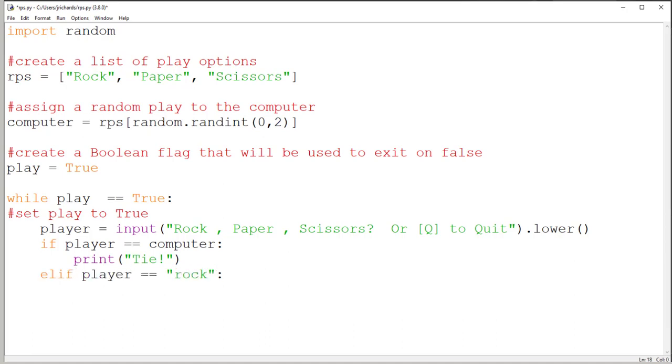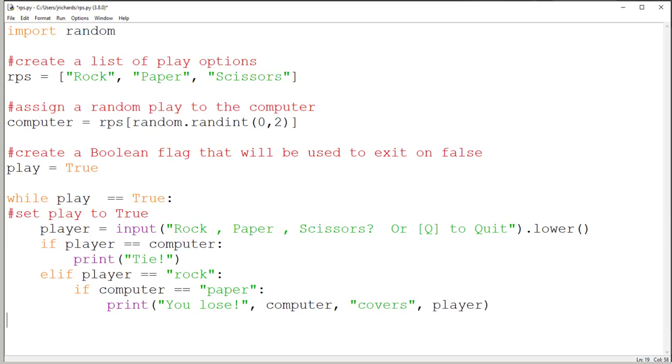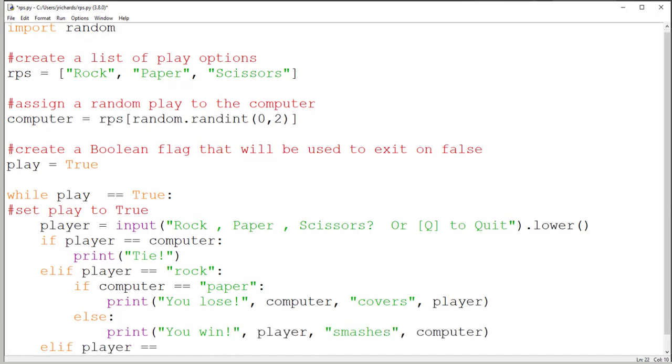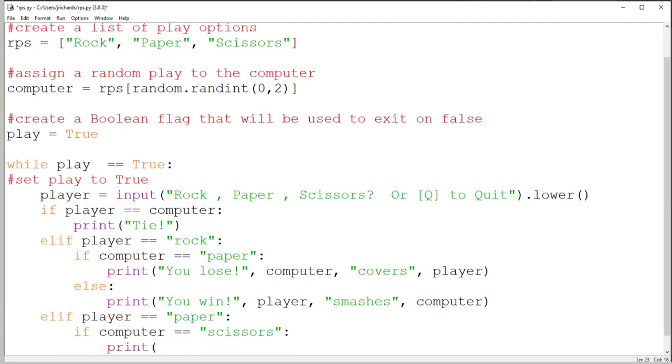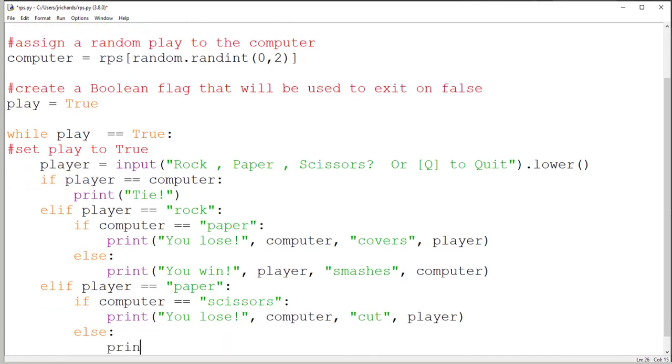Next is our first selection. If player is equal to computer, then print tie. Elif player equal rock, then it will output another selection. Now this is a nested if statement, so we've got an if within an elif, but the important thing to note is that the computer is equal to paper, then it's going to say you lose, else it will say you win. If that doesn't happen, then it will go on to the next elif statement,